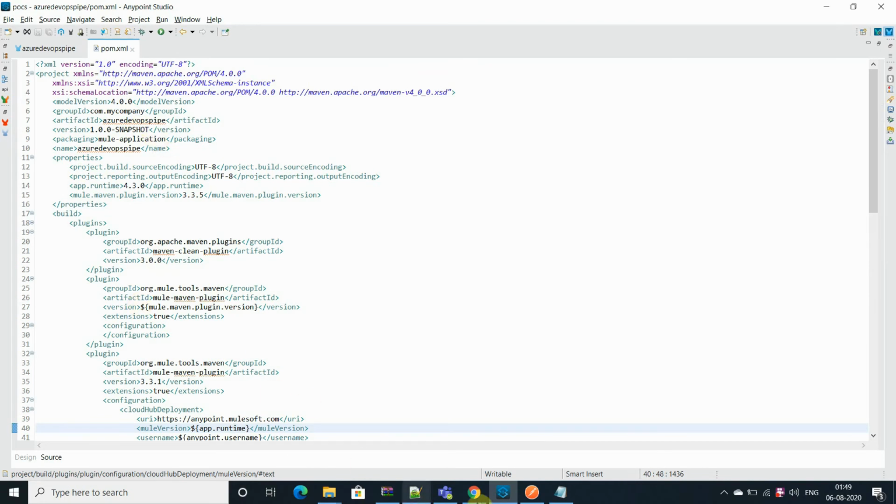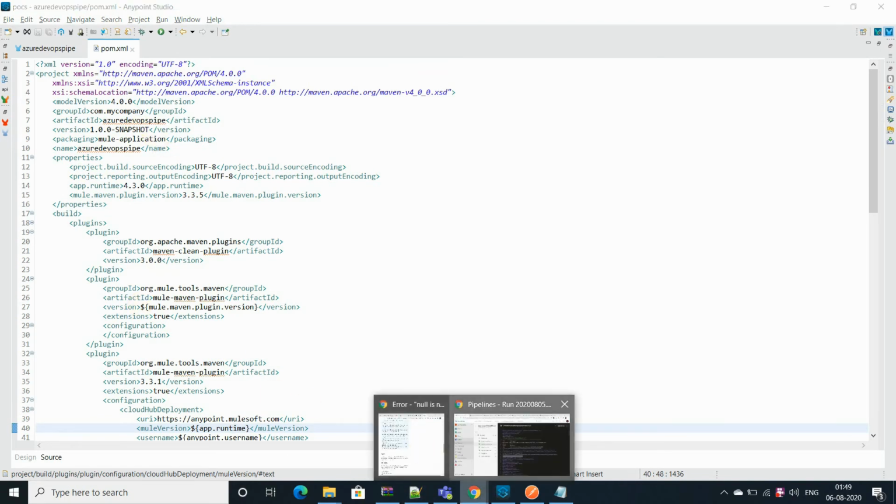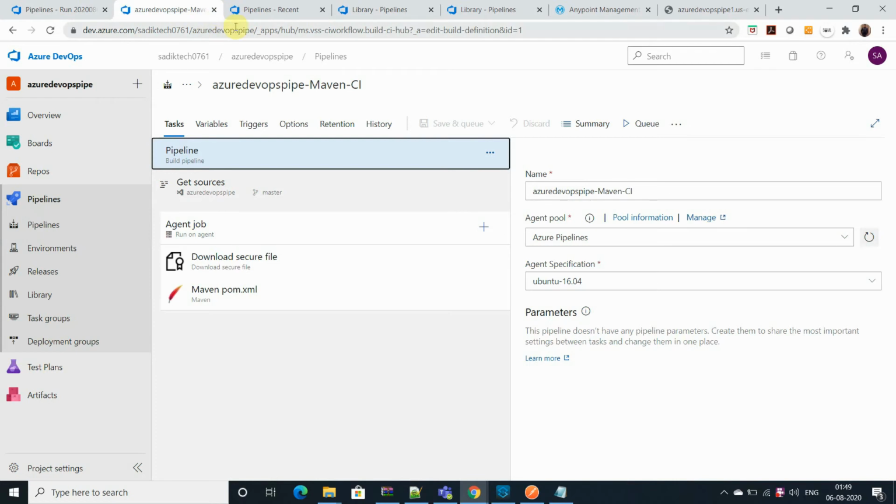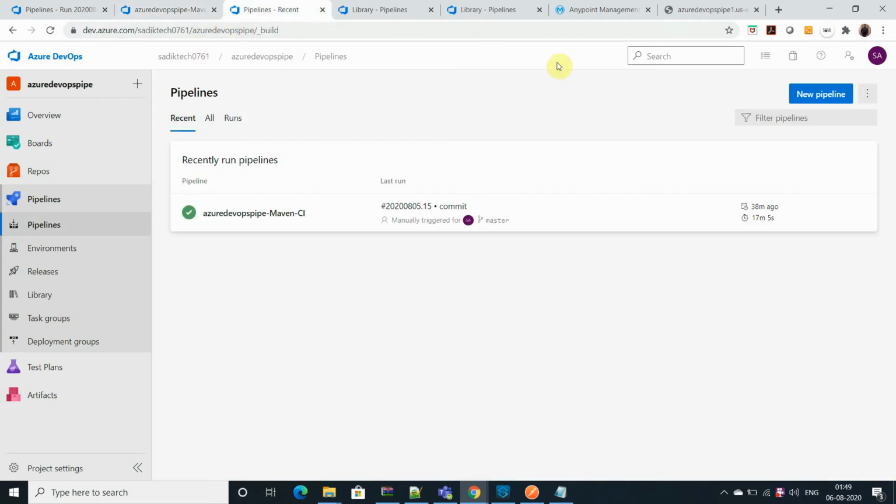Here is the main part, the Azure part. You can see I have created an Azure pipeline. You can create that Azure pipeline using your Azure login or account.